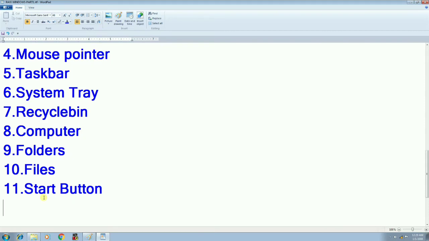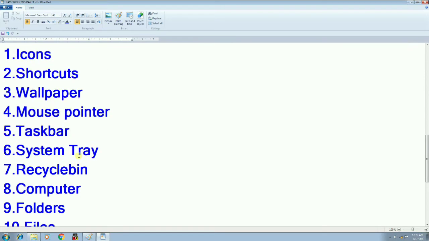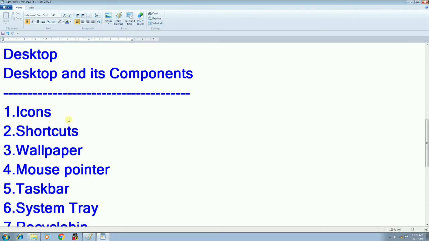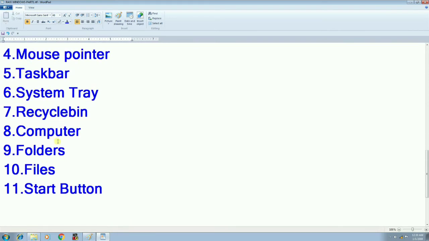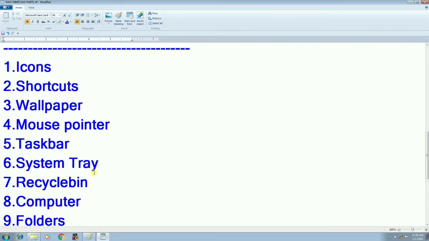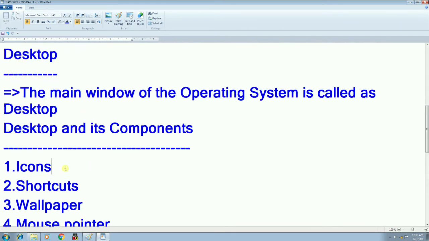Some of the components we are discussing as of now. So desktop and its components: the names are icons, shortcuts, wallpaper, mouse pointer, taskbar, system tray, recycle bin, computer, folders, files, start button, and many more. Now we are going to discuss one by one. First one is icons.